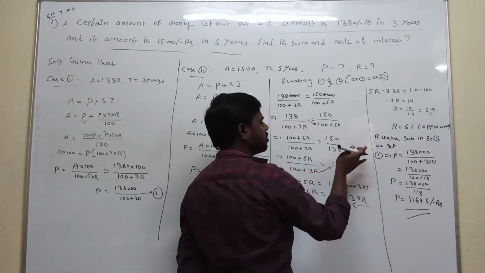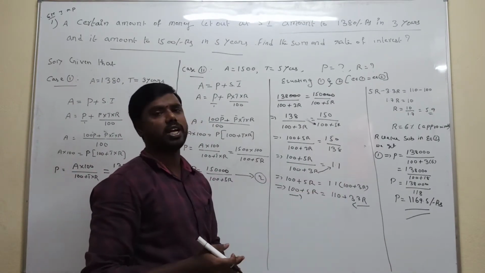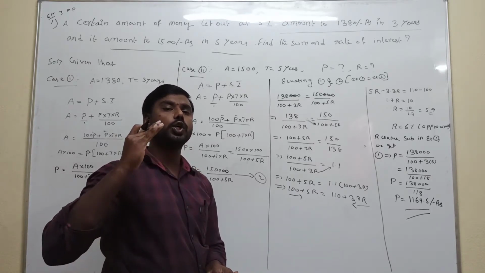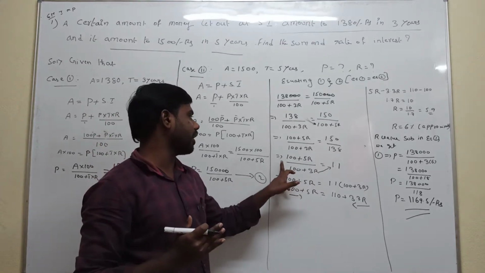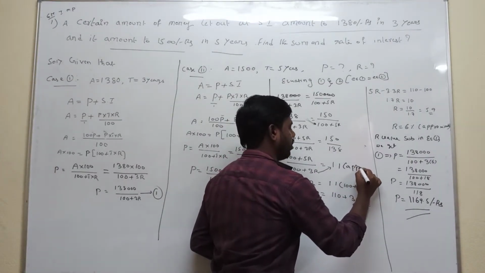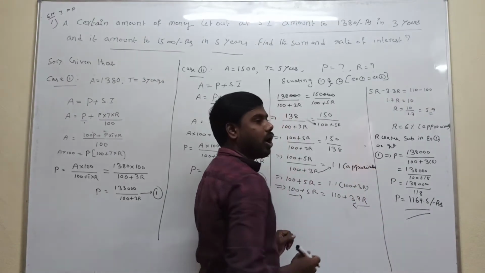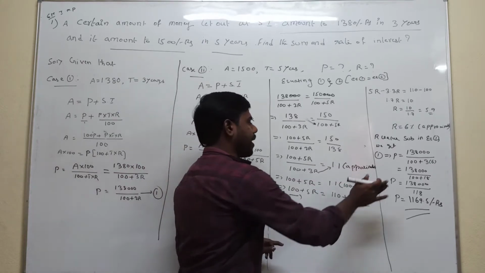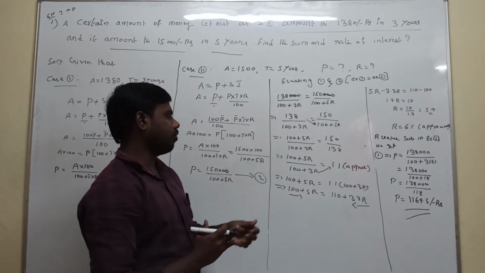This is approximately 1.1. So don't get confused, sir, I am getting answer 1.08, but you are writing here 1.1. That is the approximate value I am taking. 1.089 approximately, that is the value I am getting, 1.1. That's why I am taking 1.1. This is approximate, I am not getting the exact value. That's why I am taking approximate value. Don't get confused. Next, now cross product.